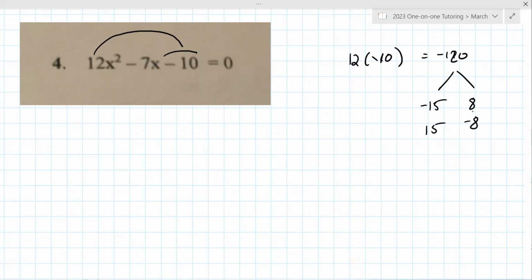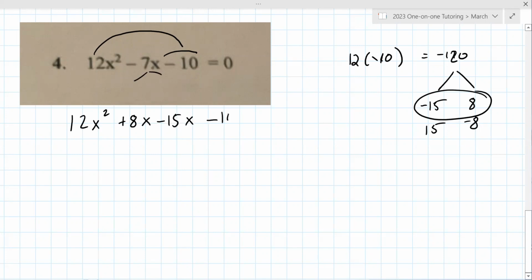Negative 15 and 8. Yeah. Okay. Now the choice here is, when you break apart the minus 7x, in this case it'll become plus 8x minus 15x, as sort of a preference over the other direction there. And do you remember what to do from here? What would be the next thing to